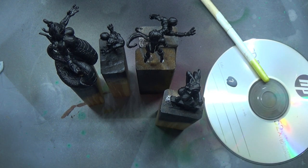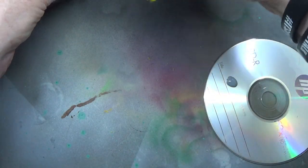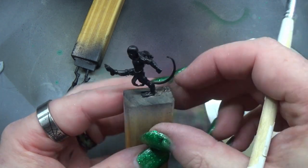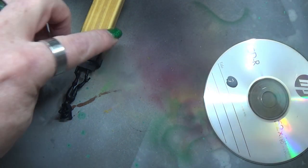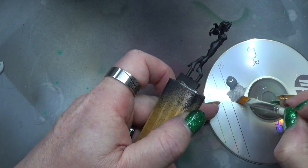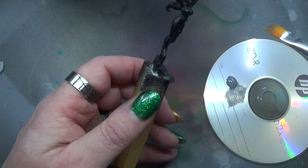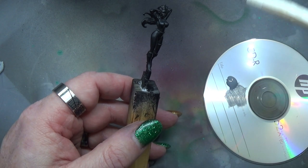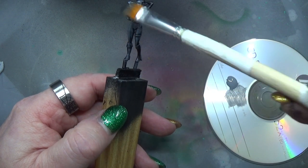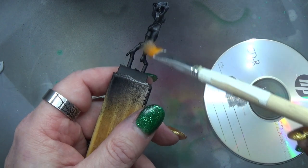Now it's going to be a bit of a heavy dry brush, this one. Let's pop these two on the side. This one I'm going to wait until last because I've had to re-glue his leg and then prime it properly. So I'm going to wait for that one, but I'm going to do the others first of all. What I do know is that these are dark elves, so I'm not going to be doing too much in the line of